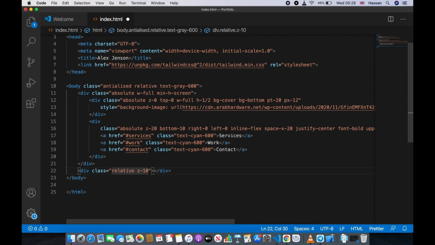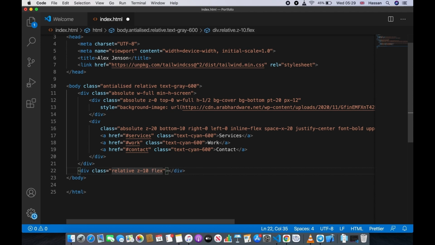That way we have that nice effect where the self-promotion will be centered in, the navigation will be on the bottom, and the background will be on the top. When we have that done, we would have a really nice front page. You've seen the video that I illustrated at the start of the project. So let's get started with this div. Again, after Z10, we're going to use flex,